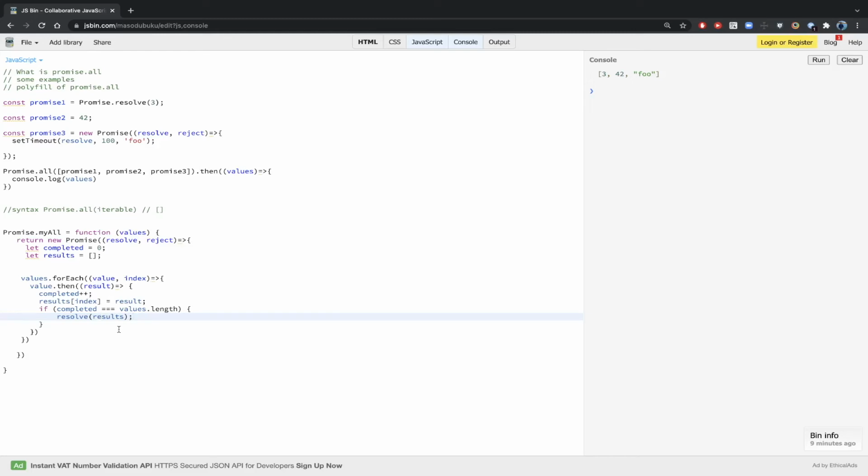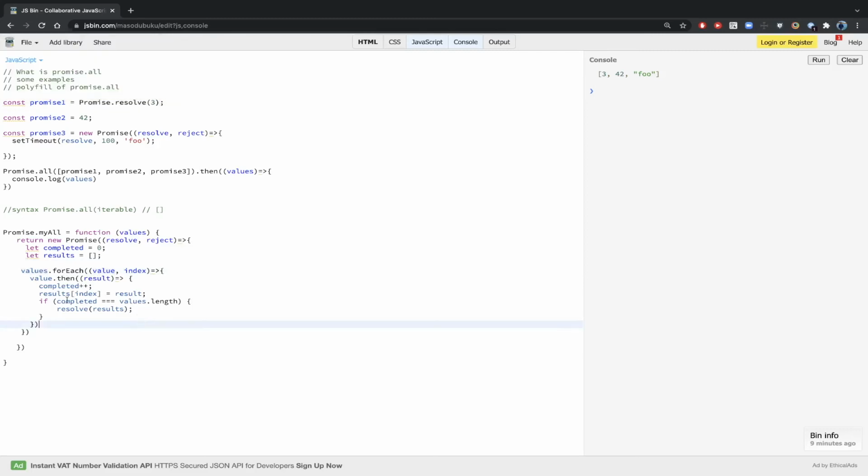But one thing, we have to handle a situation where we have only normal values. Let's say we are looping through each of the promises in the values array, right? And we are doing value.then. But let's say we get a value like 42, and we try to do 42.then, but then only works on promises. So we have to make this 42 a promise. 42 is a number, so it doesn't have then in its prototype, right? Then will be available only on objects which are instances of Promise, but a normal value is not. So how can we resolve that?